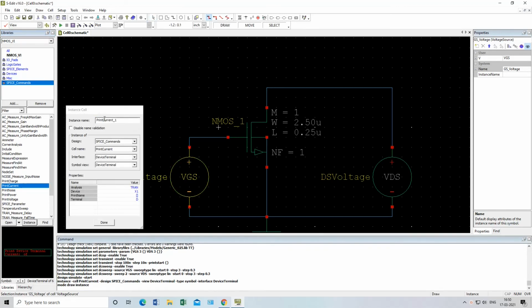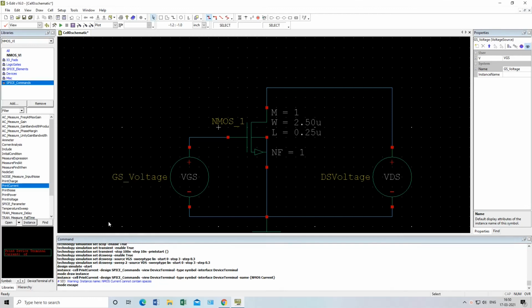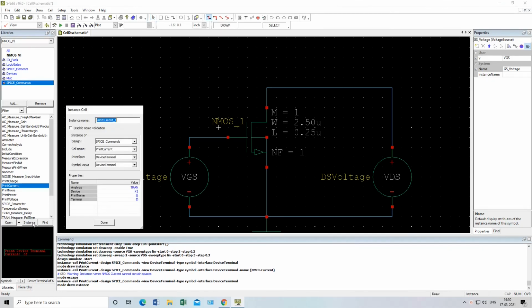So I will select this print command, print current, under the Spice command library. This is the print command. You don't need to give the NMOS current name. I have given it, but you don't do that. Just keep it basic and don't change it to trans and everything from here. I will explain where you have to change. I am doing this, but you people don't do that. Just leave the instance as it is. Again, I have changed this, and you can see I have left all the things as they are.